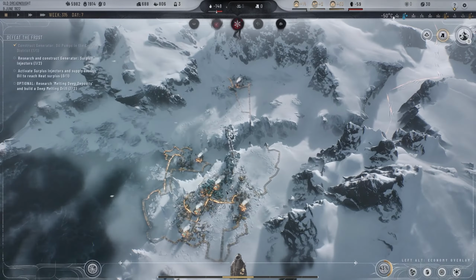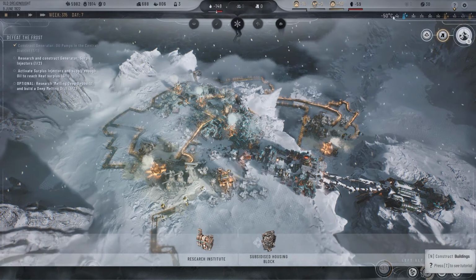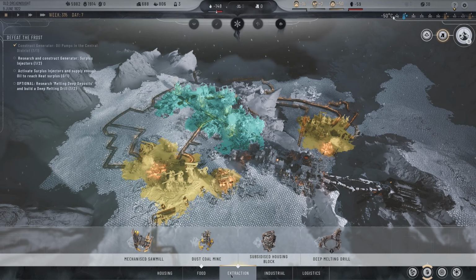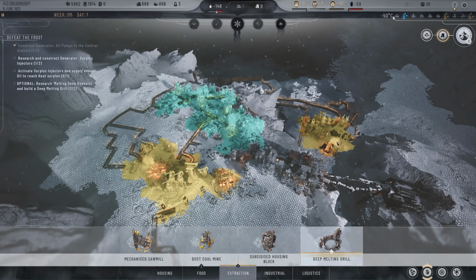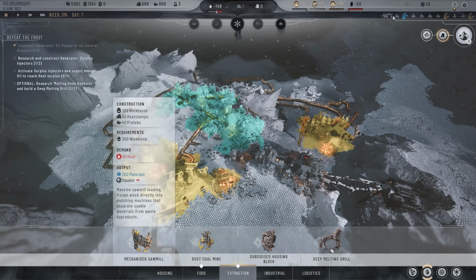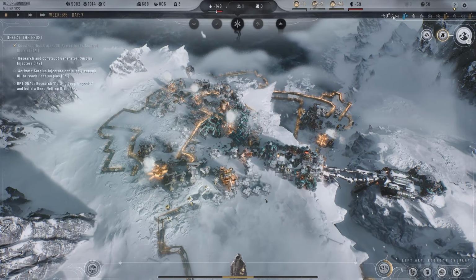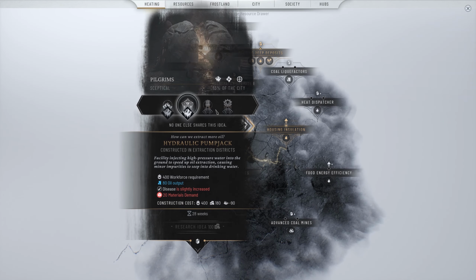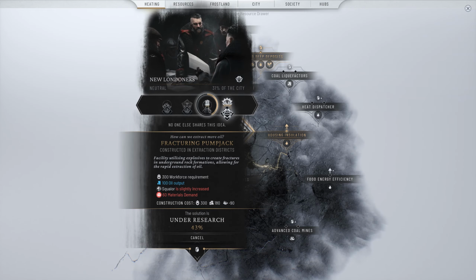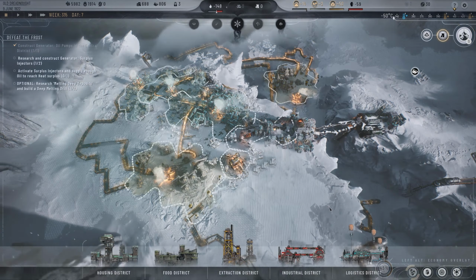So let's head over to our old dreadnought and see what we can do to get this up and running. Now, let's see. We do have the deep melting drill. We need to build it. We can't build it anywhere over here. And it doesn't look like we actually have anything that would help with extracting here. Now, I do know there is tech for that. For instance, we have pump jacks. Pump jacks would be really good for us over there. And that's what we'll probably end up doing, because we don't have